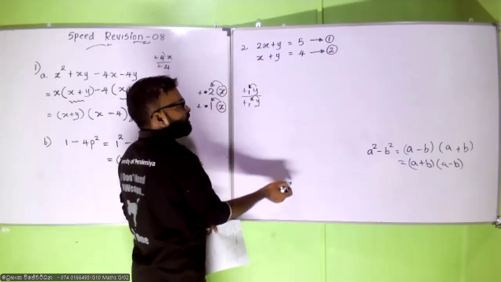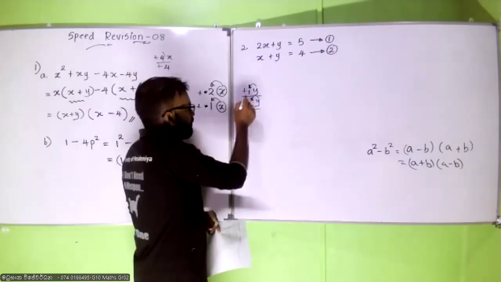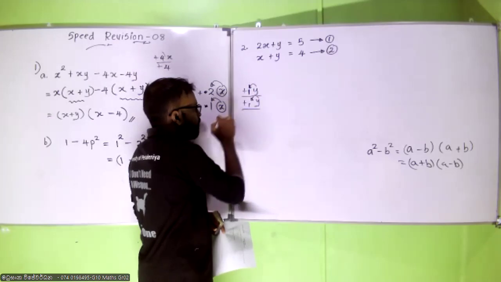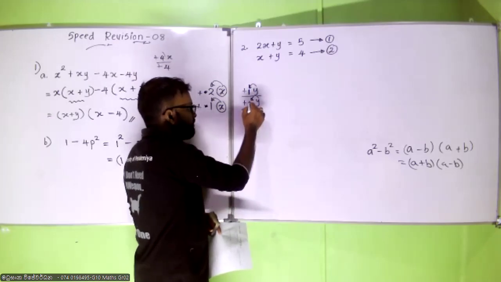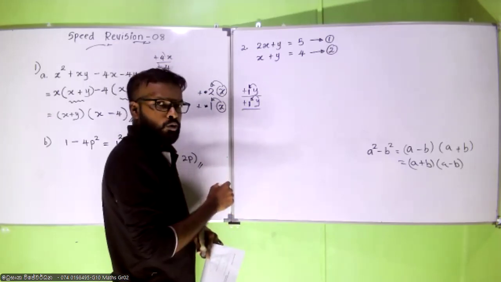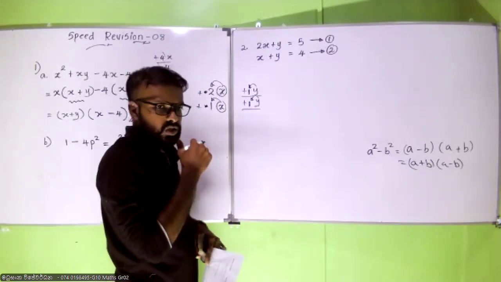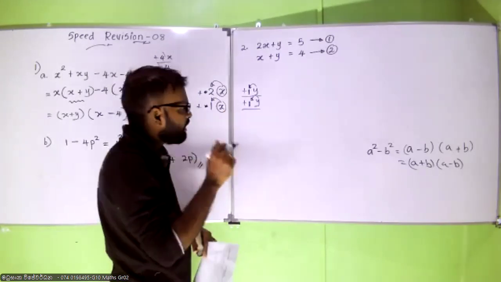This is for equation number 1. This is for equation number 2. Coefficient is 1. Coefficient is 1. All right. What about the sign? Same signs, right? So if we have something like this,